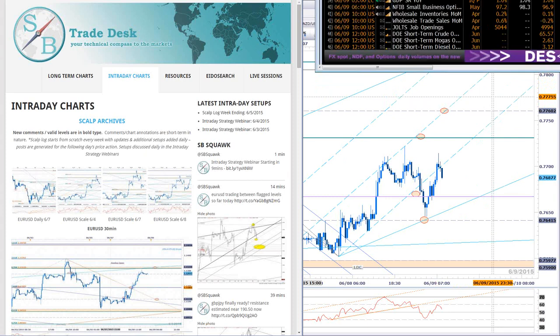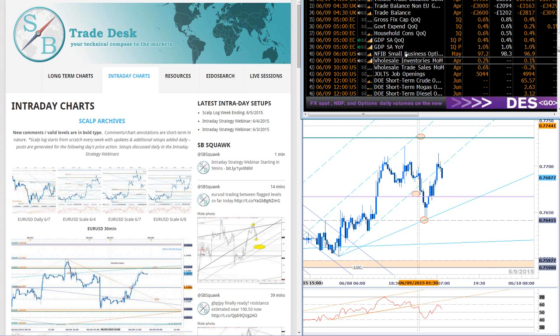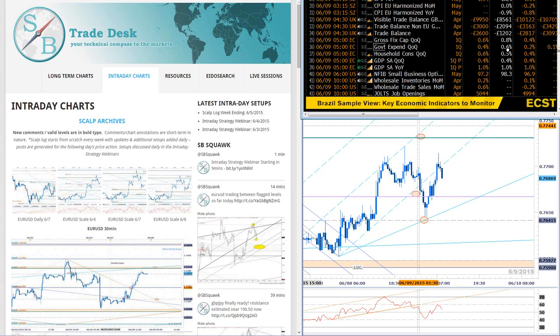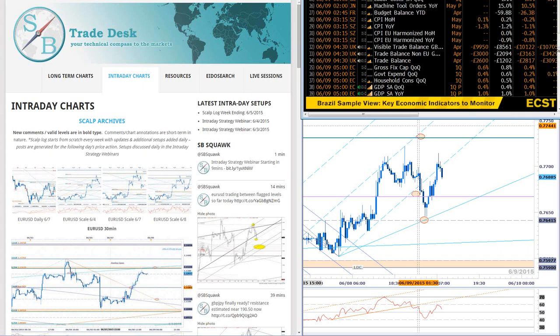As far as the economic docket is concerned for today, you're pretty much limited in terms of event risk. You do have some data coming out with regards to wholesale inventories from the United States about 10 o'clock. Not major reads, guys, but certainly the GDP print we got from Europe overnight came in right in line with expectations, 0.4% and 1% year on year. This is the preliminary read for the first quarter. Trade balance figures out of the UK were also slightly better than expected. Smaller deficit. And then also overnight, we did get some data